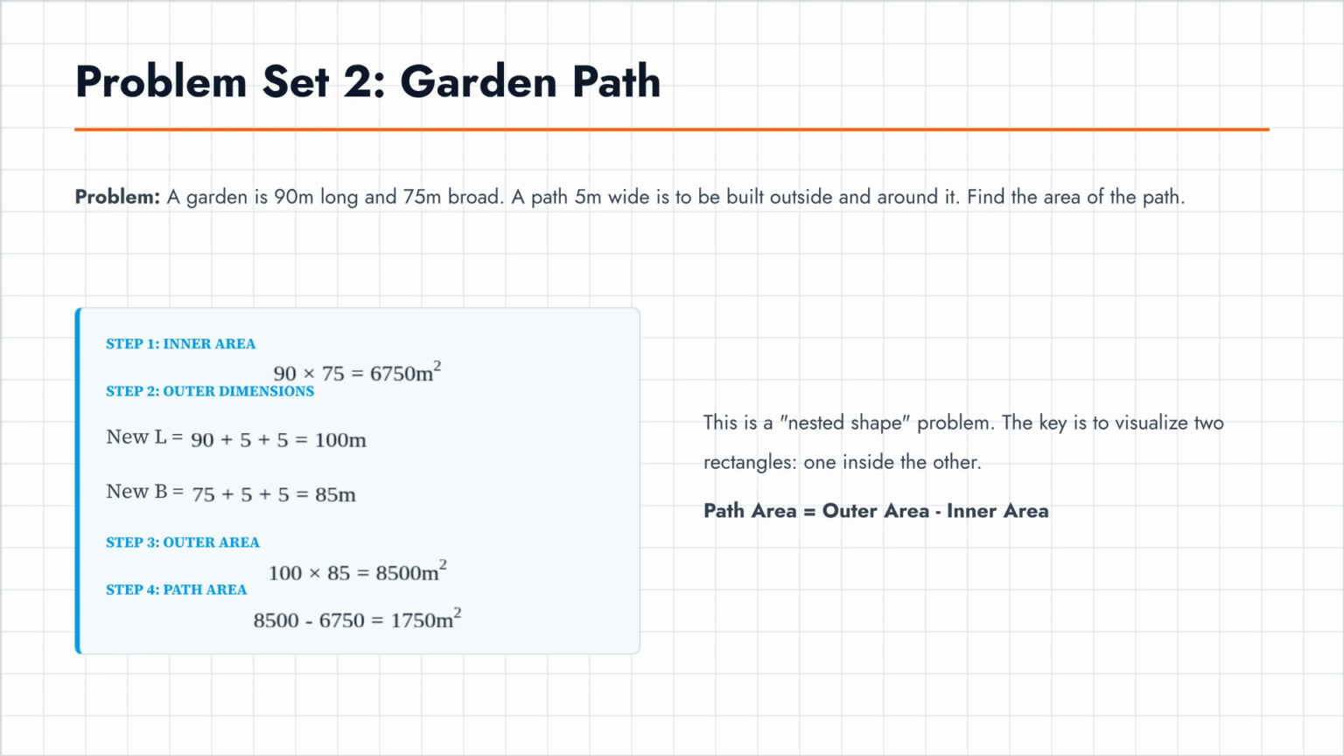We calculate the area of a path around a 90 by 75 meter garden. First, find the inner area. Then, determine the outer dimensions, calculate the outer area, and subtract the inner area to find the path area of